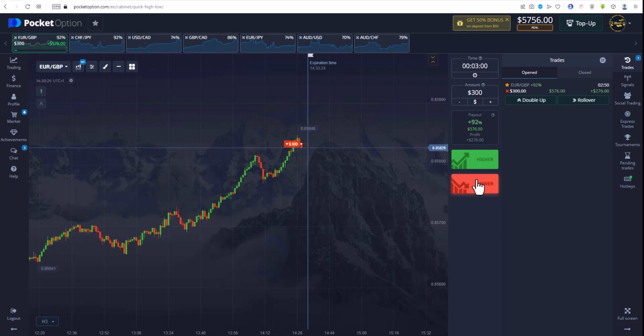And while our trade is in progress, let's talk about what binary options are. It's a financial instrument that works on the principle of all or nothing. We need to predict the price movement. Either you increase your income from the placed amount or you lose it completely. It's a no compromise kind of thing.